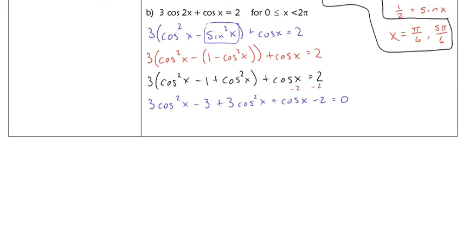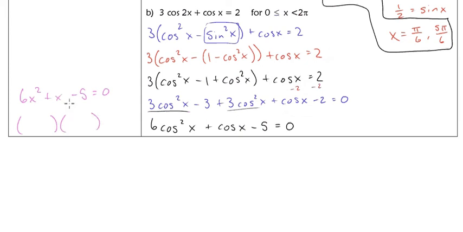All right, cleaning that all up and getting ready to factor here. So let's get all of our cosine squareds together. So that's 3 cosine squared x plus 3 cosine squared of x is 6 cosine squared of x plus cosine of x, and minus 5 equals 0. Now this is just a quadratic right here. I'm going to rewrite it over here on the side to kind of point that out, but this is just 6x squared plus x minus 5 equals 0, and that would factor out to,